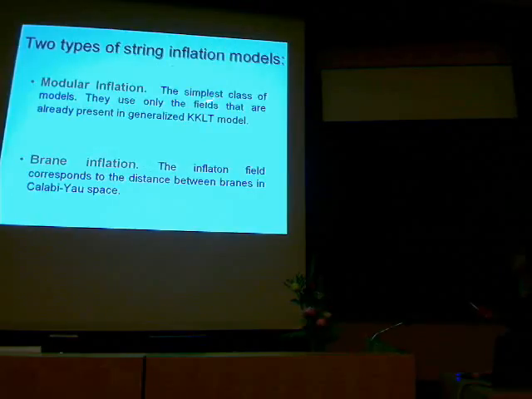There are two types of string inflation models. One of them is modular inflation. It is the simplest class of models, and they use only the fields that are already present in the generalized constructions. They don't need any branes. So we have our four-dimensional space, we have internal space, and we have moduli which describe various shapes and sizes of internal space. Whereas if we work with brane inflation, the inflaton field often corresponds to the distance between branes